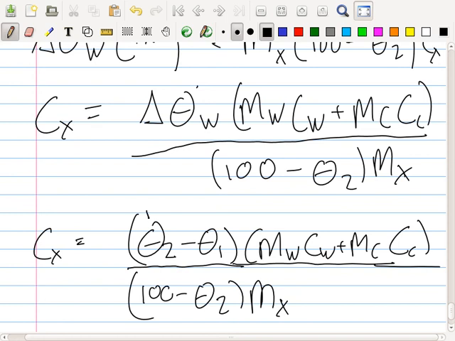Now, you measured these on your thermometer, and you can know these beforehand. You can look up the specific heat capacity of water and the specific heat capacity of the material, the copper maybe. So you can use this to calculate CX. And you do the experiment a few times and take the average to be more accurate. Like, remember with the pendulum, how many times did I swing the pendulum? 10. And then I divide by 10. Okay. Can we write?